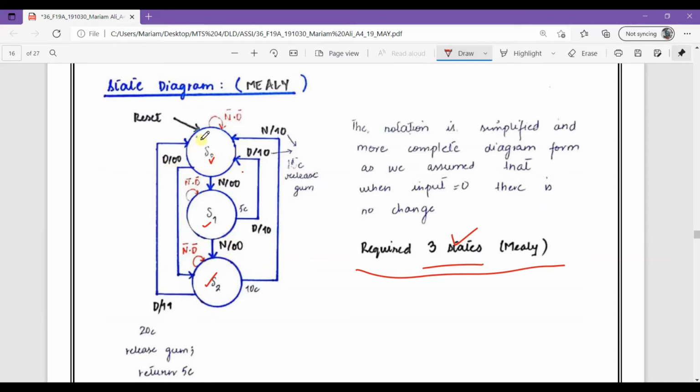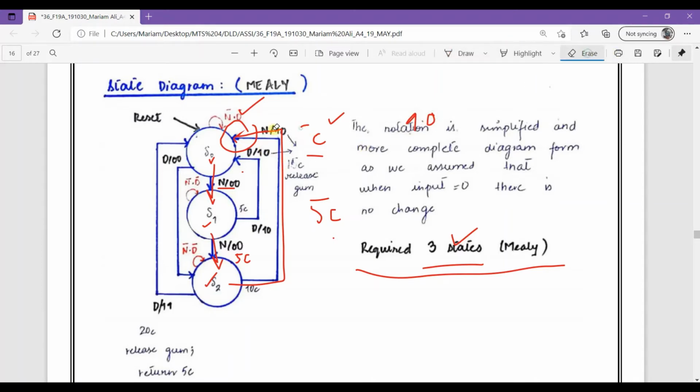Now let's get to it. We are providing this at a set state where nothing is provided now. Now we provided a nickel coin here. We provided 5 cents here. We provided a further 5 cents here, and after that we provided 5 cents more. When we provided 5 cents here, it goes to our first state and provides us 1 0.